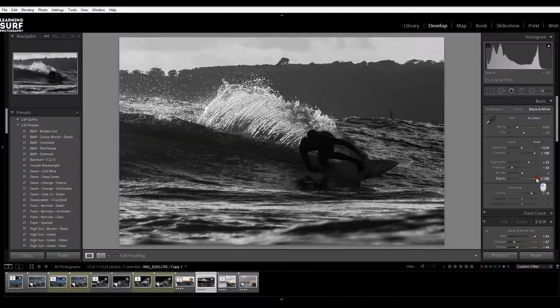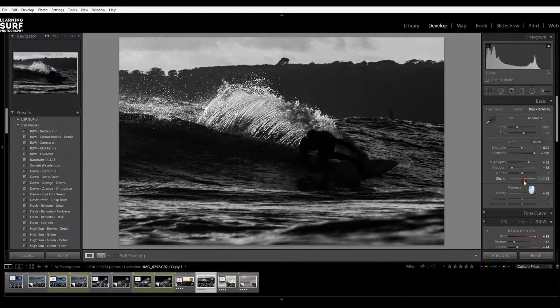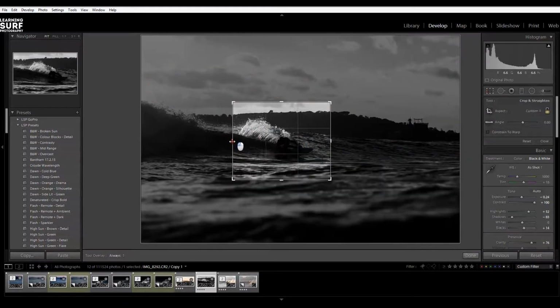And I don't reckon I want to go too much darker. If I go like that, you can still make out the outline of the surfer. You can see the nice spray coming off. I'm going to crop it a bit more because